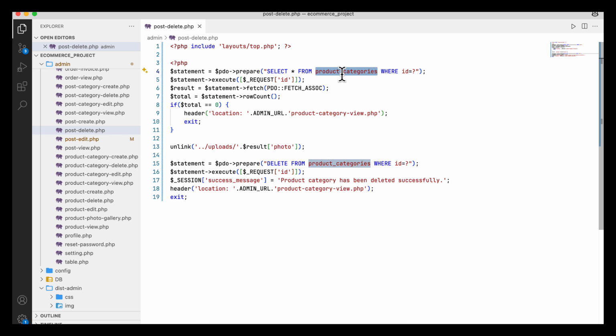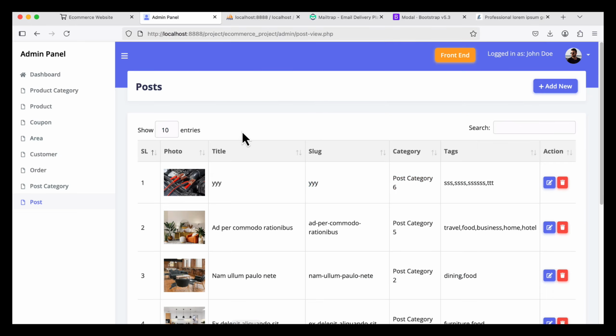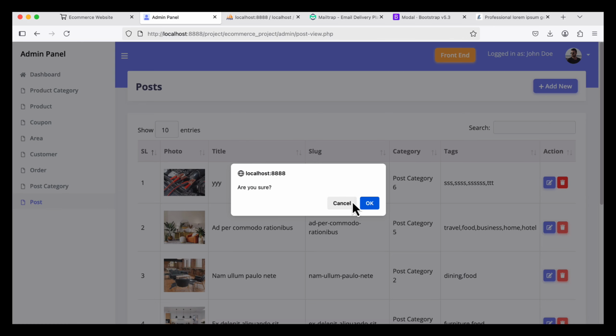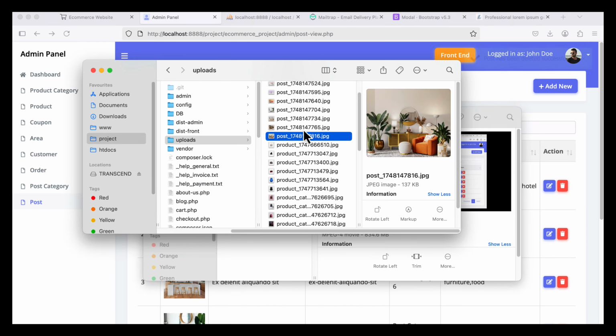it, and from the post table I will check it, and this will be the post view here, and here it will also say post has been deleted successfully, post view. Unlink the photo from this post table, delete from post where id equal to this, it will go back to the post view.php. Okay, so now let's delete it. So delete this one. If I now come here, you see the previous photo is not here, that means that